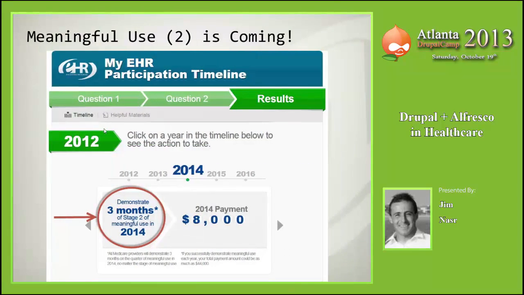It's definitely a requirement. Another key requirement is what's called Meaningful Use 2, the second stage of Meaningful Use. The implication is that physicians and providers have to be compliant by October 2014 for use of electronic health records, for managing the records.